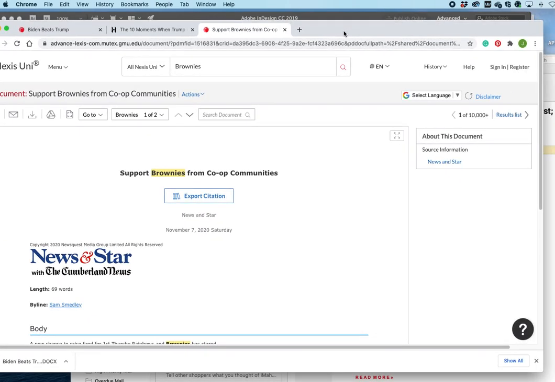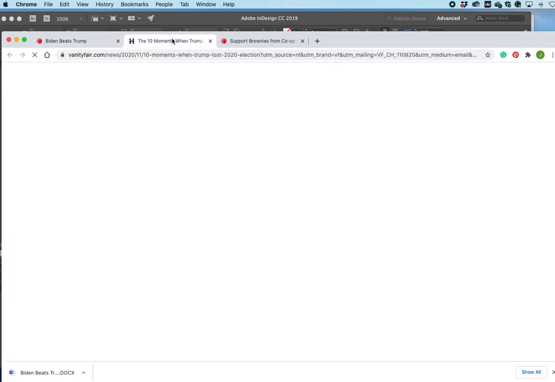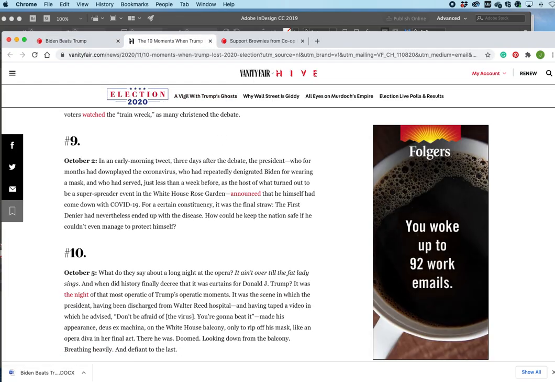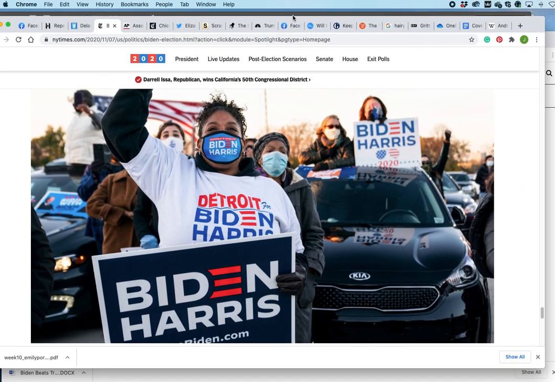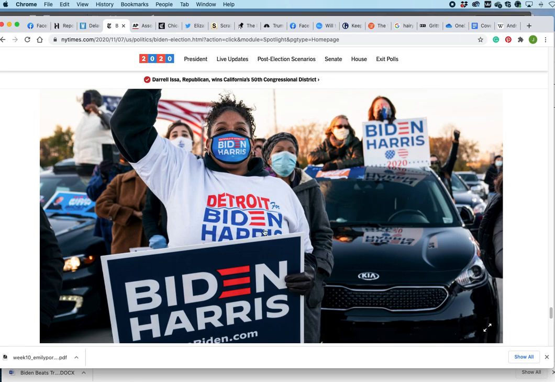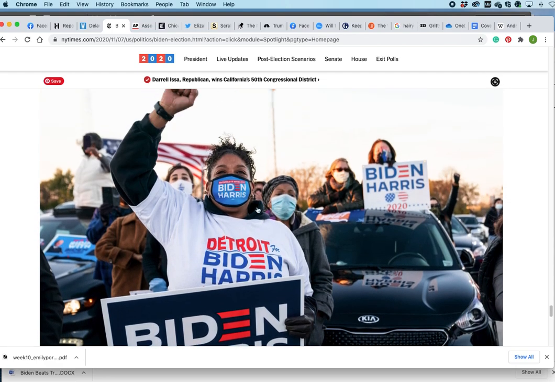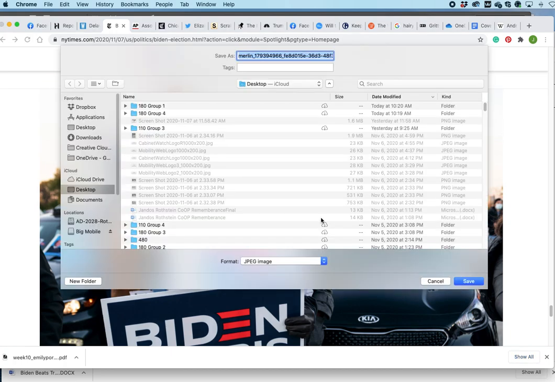And then you also need a picture. I think this is the picture I wanted to use. Your picture can come from anywhere. This happens to be the New York Times website, and you can grab a picture from the website by holding down your Control or Command key, I think on a PC, and saying Save Image As.